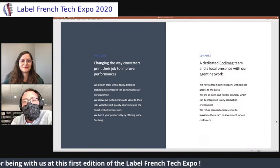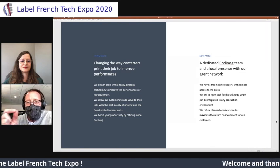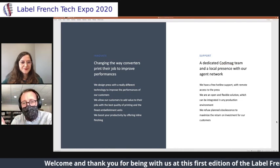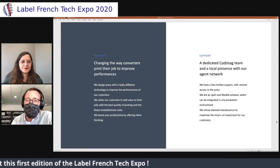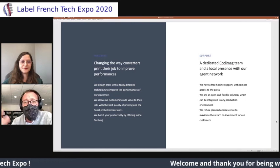We have a very different technology at CODIMAG because we want to offer our customers a real differentiation on the market. This difference is by printing differently from your competitor, you can achieve new markets, improve your margin, and then expand your business. But also at CODIMAG, we are a small team dedicated to our customers,